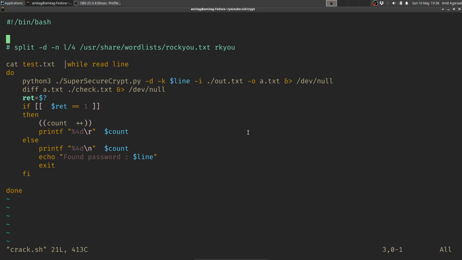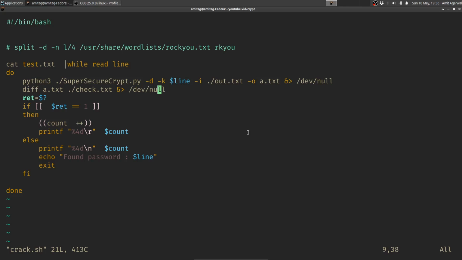So you can see that I created a test.txt here from rockyou, just to give you an idea of how long or how short it will take to decrypt this. Rockyou will probably take a very huge time to show you here in the video. So this is a very small file that I have created from rockyou, and then I am just decrypting my out.txt, which is the encrypted file, to a.txt.